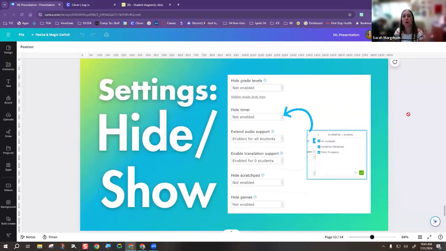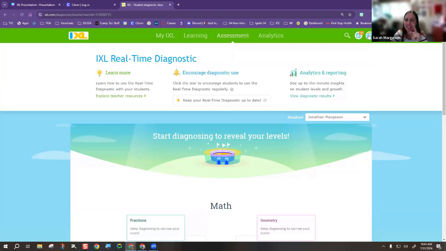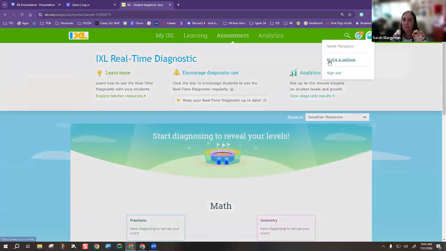Okay, this is a little bonus here. So that was our last regular tip. I want to go through some bonus tips here, and this one is going to be in our settings. This is really good information because there's a lot of things that I've shared today. If I go to profile and settings,